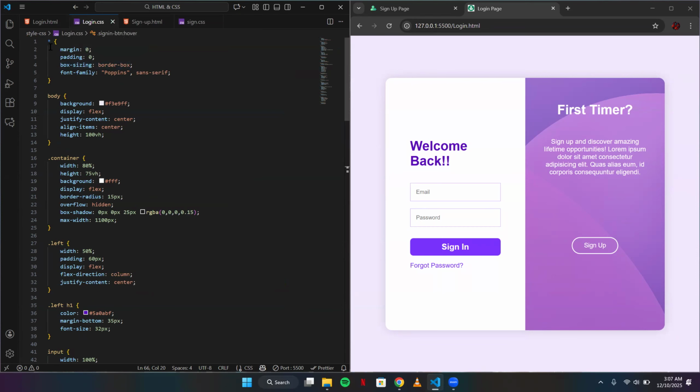Let me take you to the CSS of the website. As you can see, there's an asterisk here. This is called the Universal Selector. What it does is it applies the style inside its braces to all the elements on the web page. For example, you can see font family Poppins, sans serif is going to apply to all the text on the